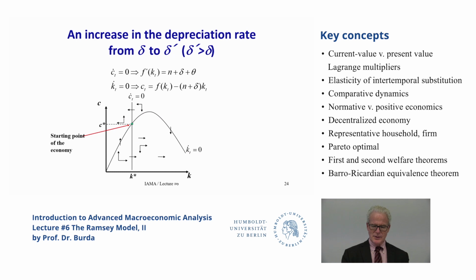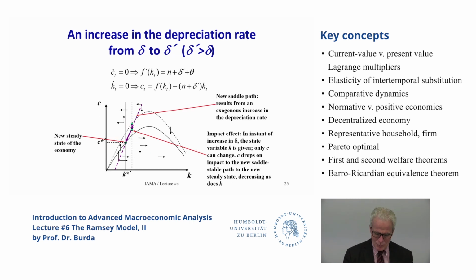The second experiment is an increase in the depreciation rate, which implies a downward shift in the capital isocline and a leftward shift of the consumption isocline. So the impact effect of this change is an immediate decline in consumption and then a steady decumulation of capital and a steady decrease in consumption along the path to the new steady state, which is marked